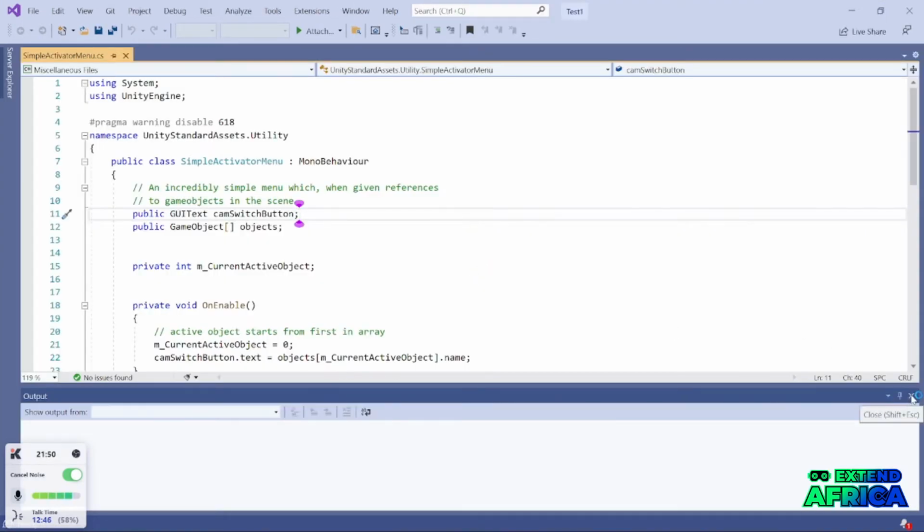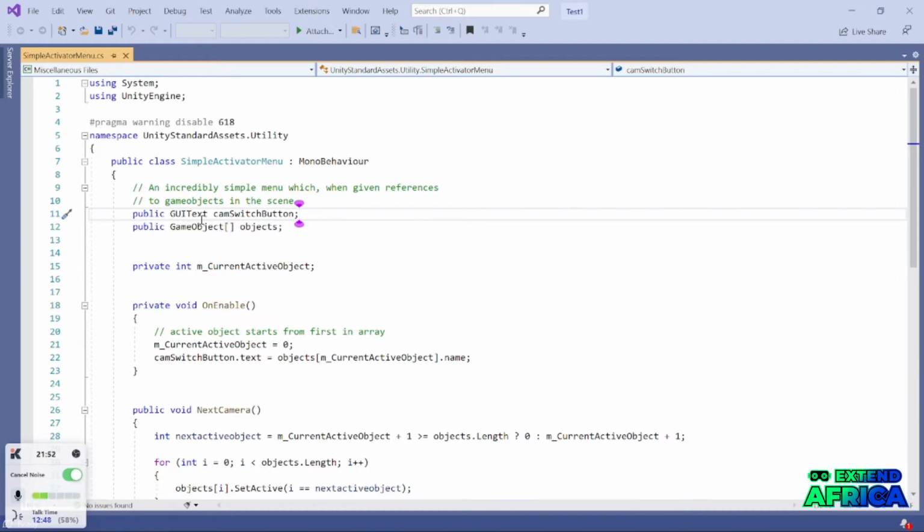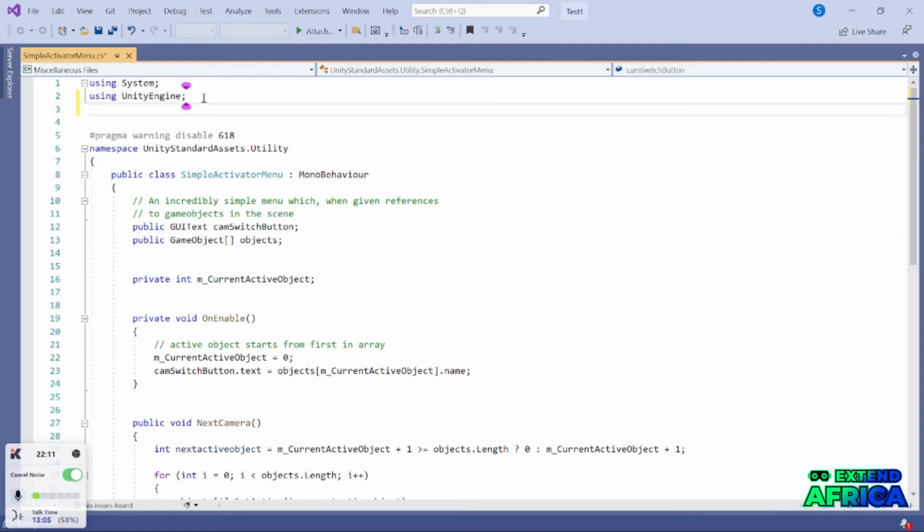Awesome, it has opened up. So if you look, this is where the issue is, the GUI text. This is where we have the challenge. So what we are going to do is to just add a script. You come over at the top, we want to add a script, and this is what you're going to write: using